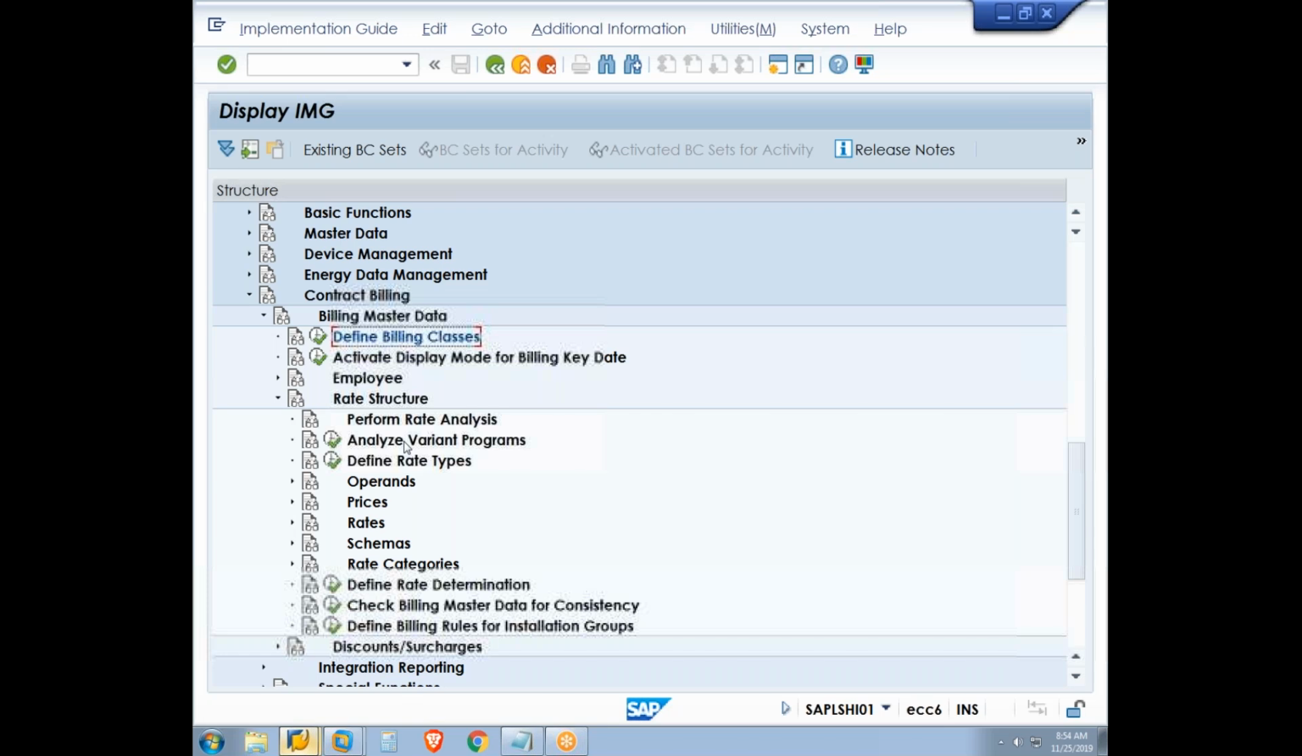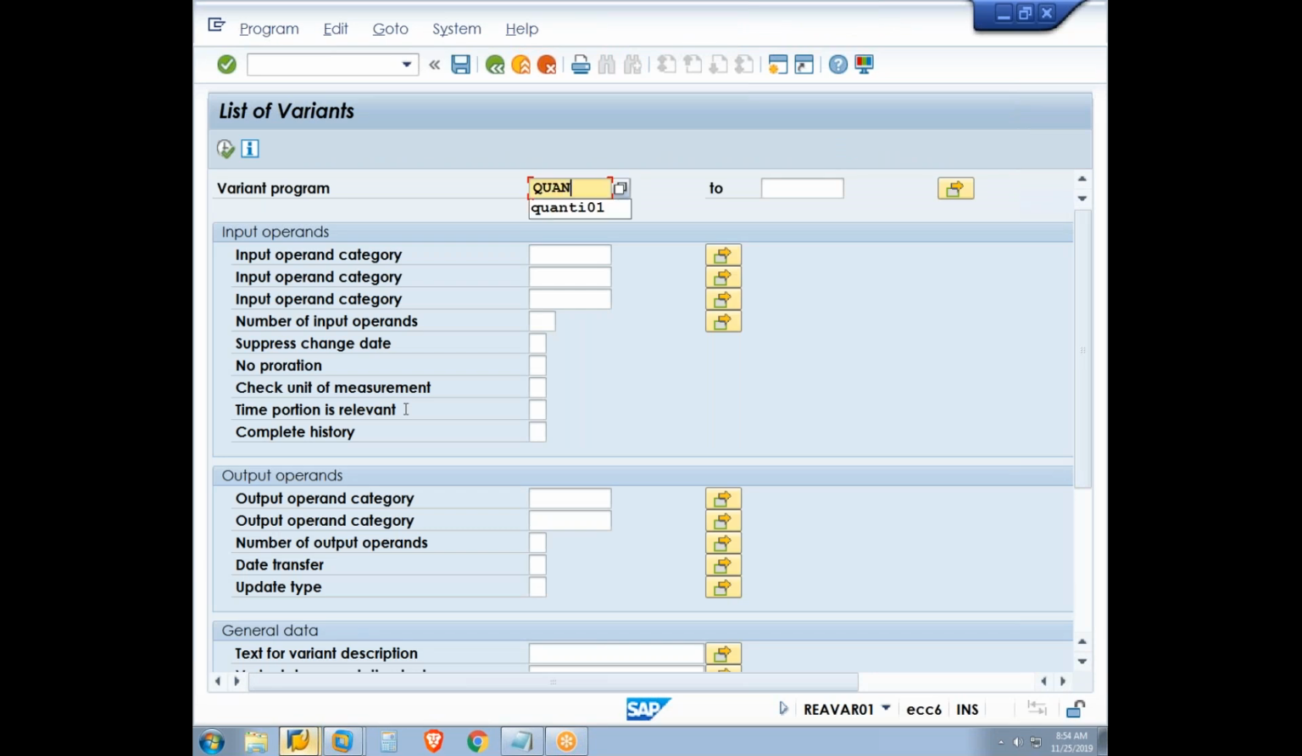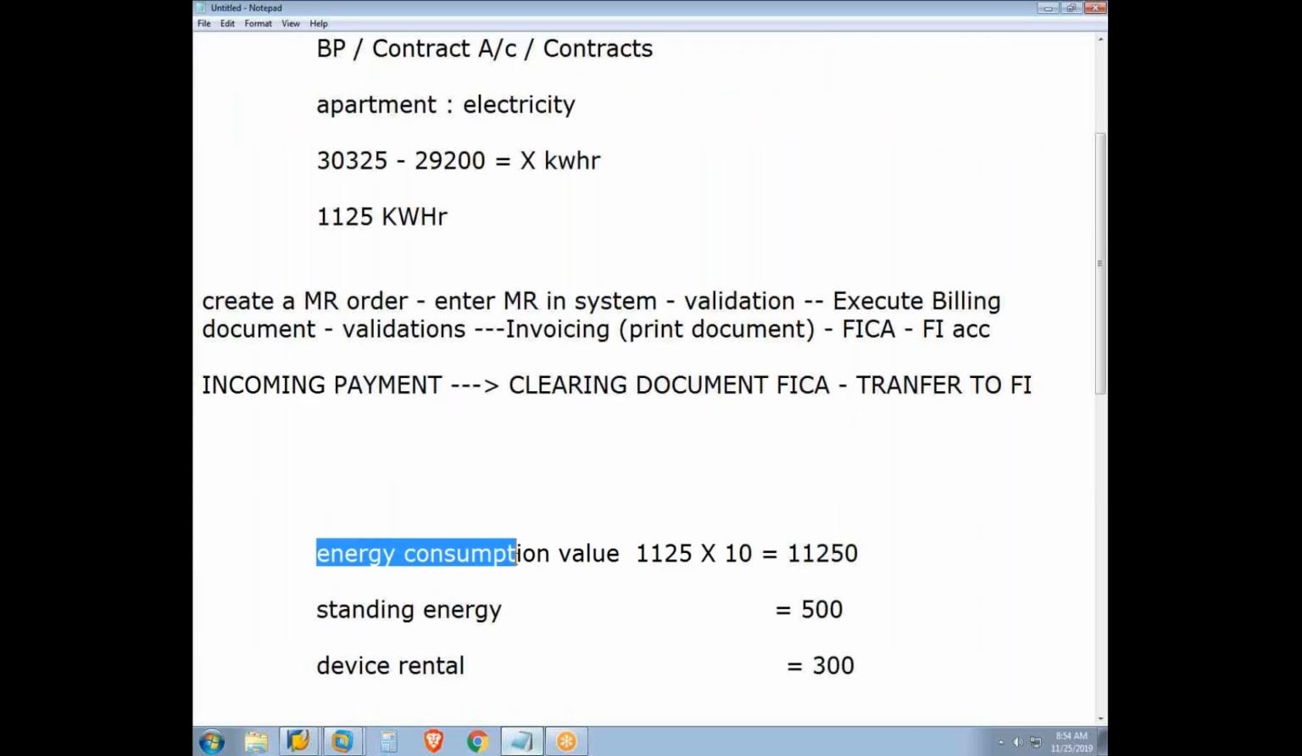For creating the rate, we require the variant program. Now SAP has given various variant programs. For example, Quanti01 is a variant program which will help us to calculate the energy amount. Now, for example, here you are calculating energy consumption value for which there are two variables. This is one variable, this is another variable, this is a third variable. These variables in SAP Utilities, we call them as